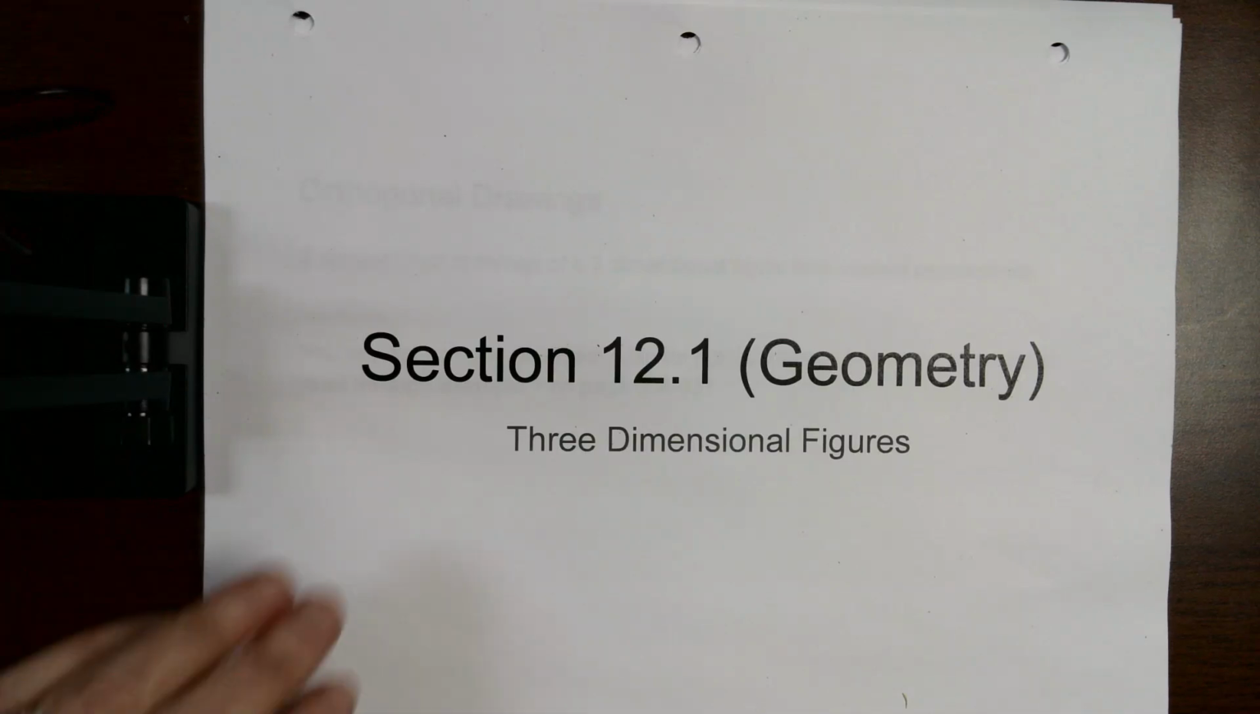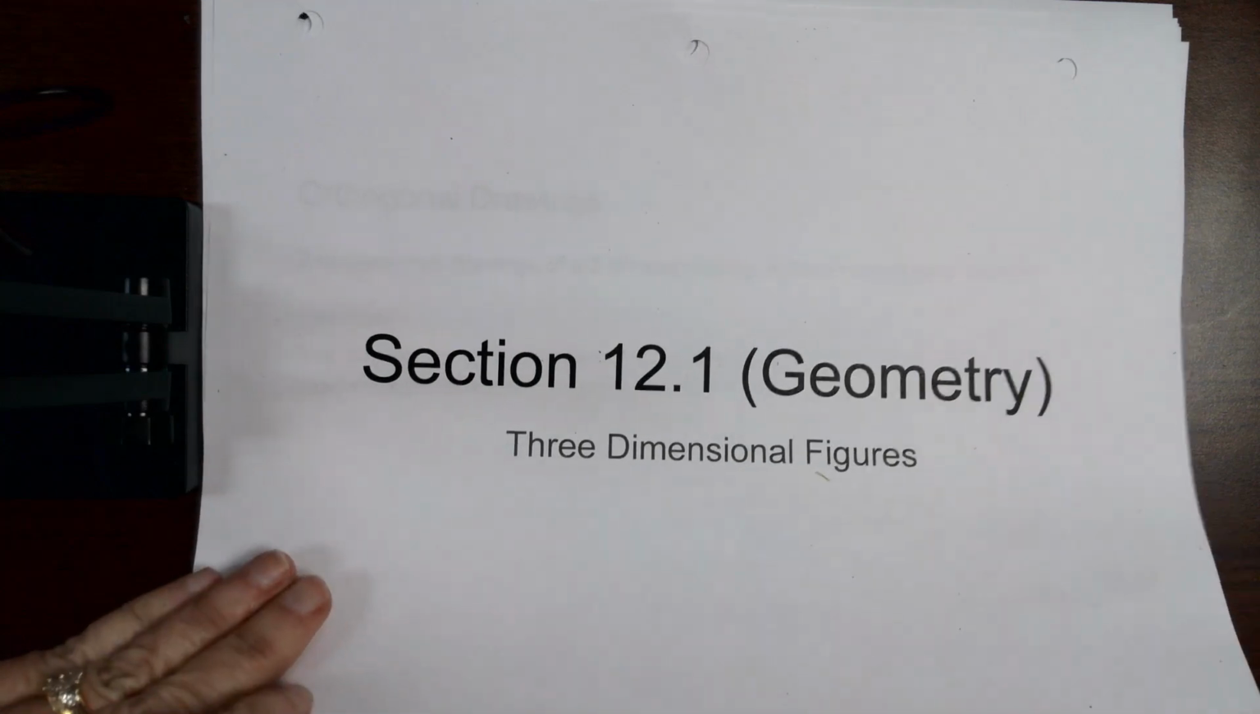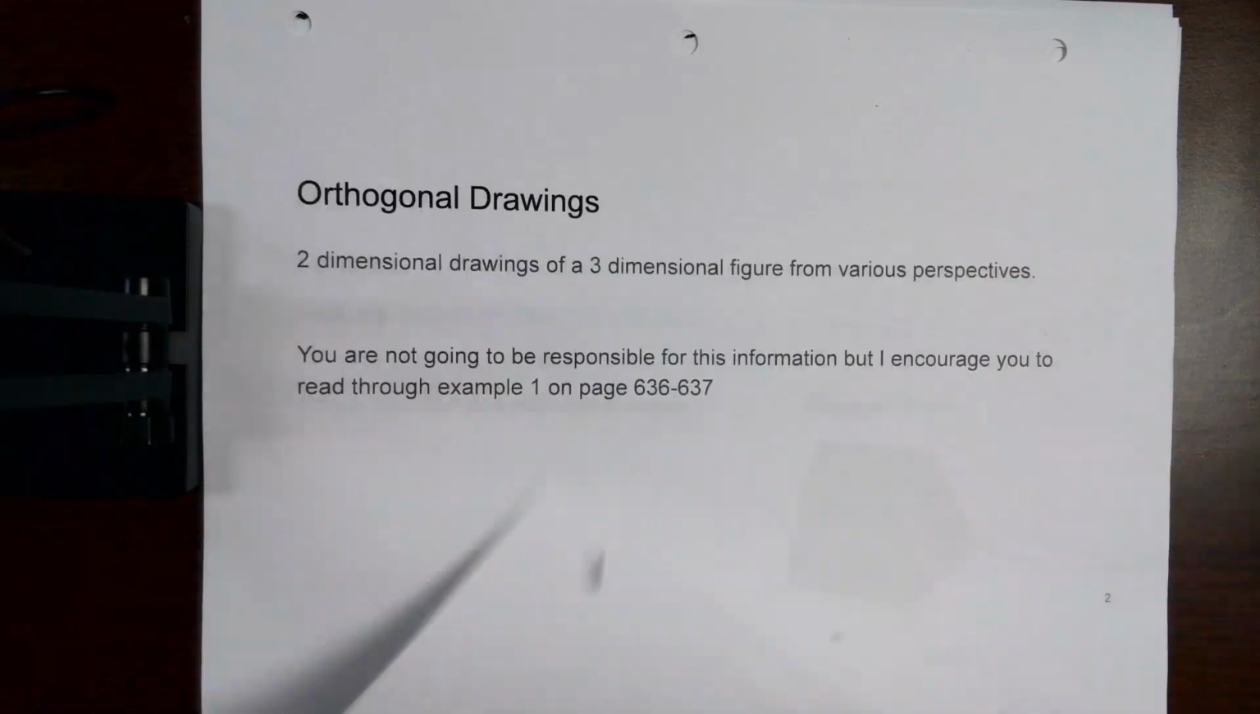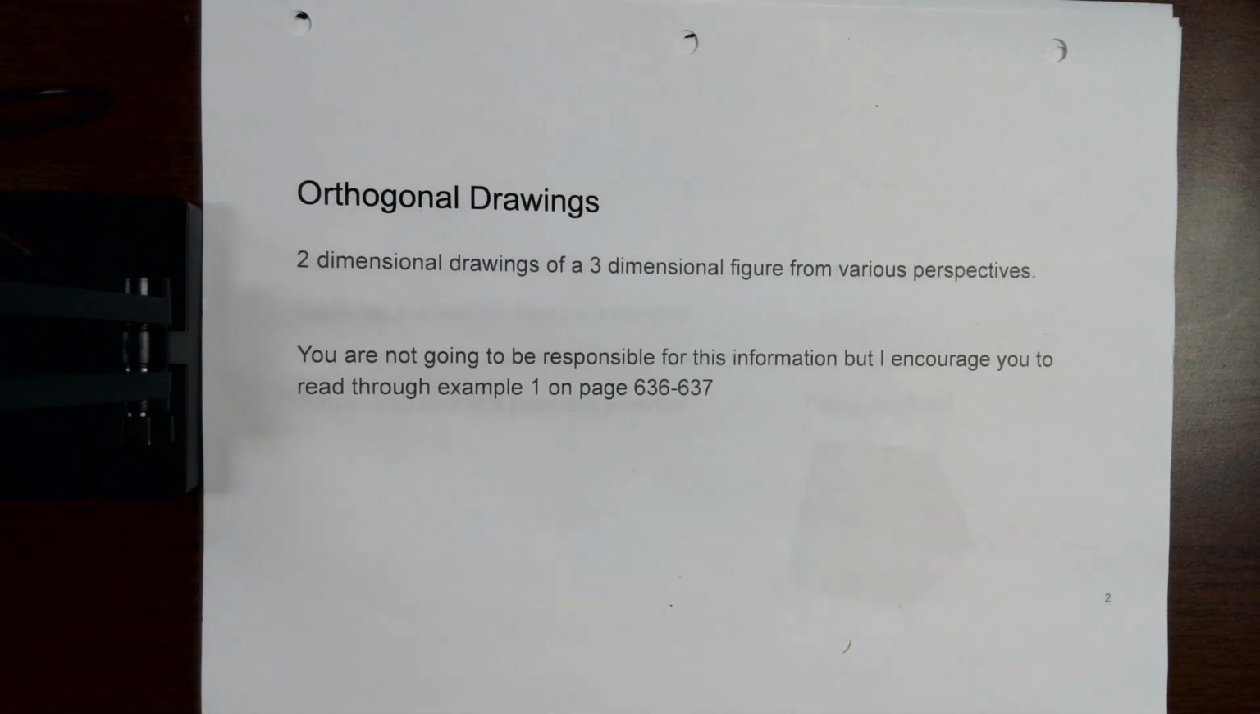Section 12.1 concerns three-dimensional figures. So from this point on in geometry, we're going to be talking about three-dimensional figures. It first talks in 12.1 about orthogonal drawings. Basically, it's a two-dimensional drawing of a three-dimensional figure from various perspectives. You're not going to be responsible for this information, but I do encourage you to read through example 1 on